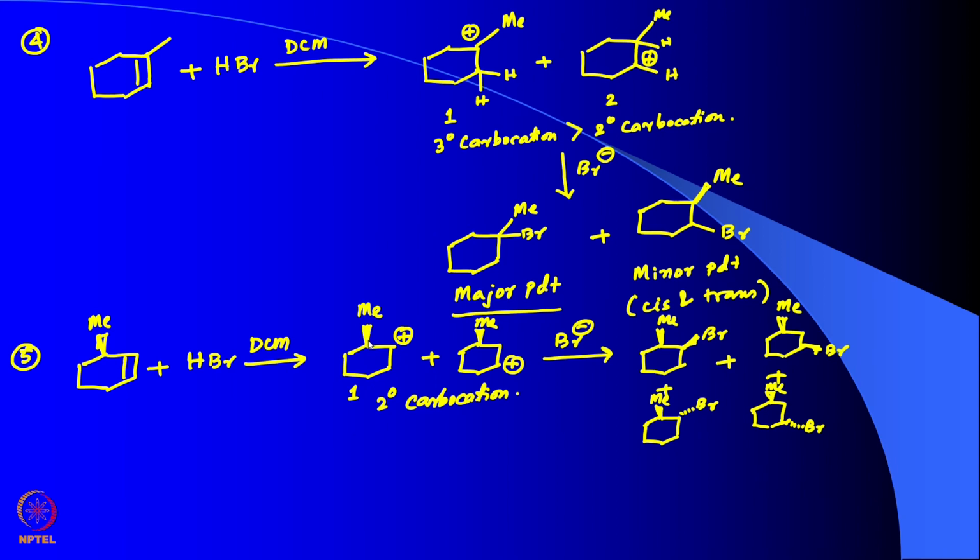Now what you can see is that this carbocation 1 has a possibility of hydride shift. So if that hydride shift happens, what we get is a new 3-degree carbocation from a 2-degree carbocation, which is more stable, and then Br minus can attack on this carbocation to form